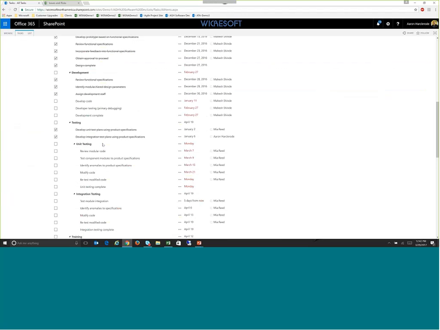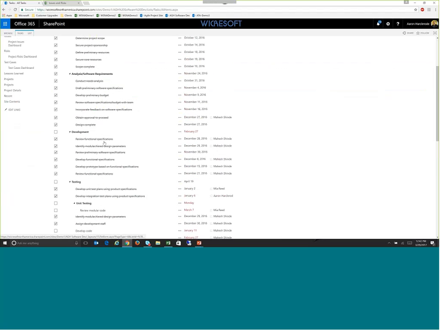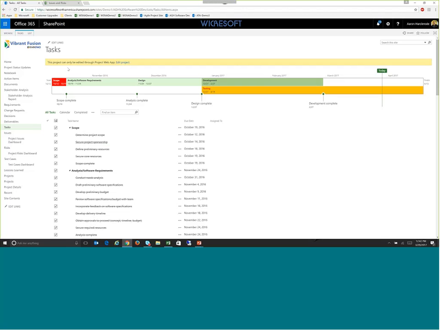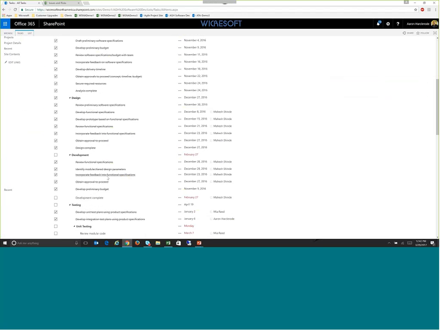Now, down at the project site, you're kind of limited to what you can do to this task. It even says here, the project can only be edited through Project Web App. So in other words, I can't use this to mark a task complete or to change the due date on them or anything like that. But I can use this to link an associated risk, issue, action item, change request, or decision to an item